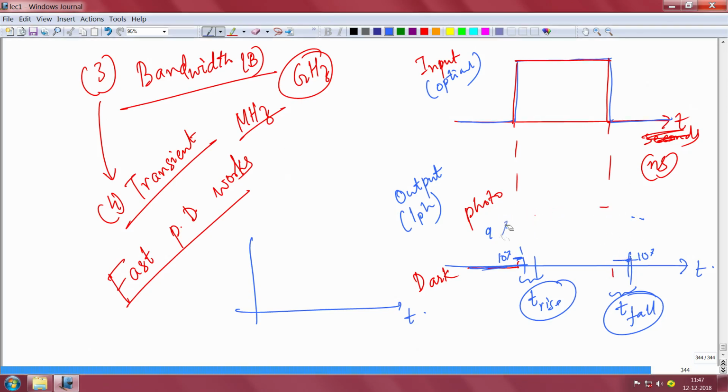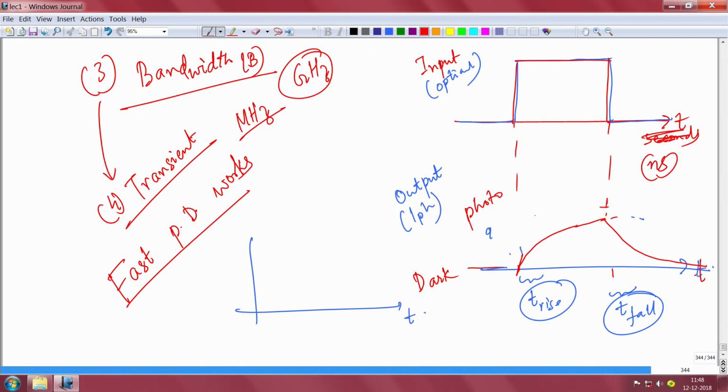Sorry, let me do that again. You have switched the device on and off, but your photodetector may not be able to respond fast enough. At this point, the current slowly increased to rise. It didn't even reach the full value. It was rising, then you switched off, and it again fell slowly. It takes so much time. It couldn't even rise to its value completely. This is a slow detector.